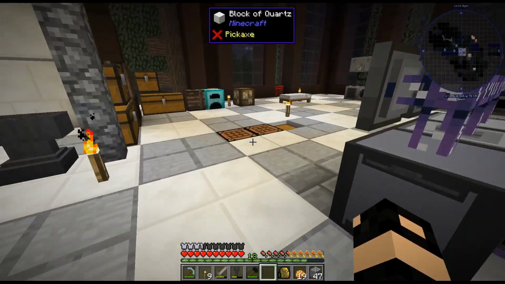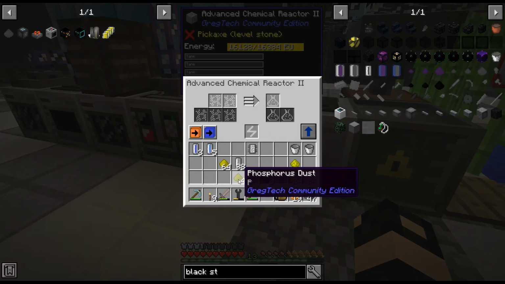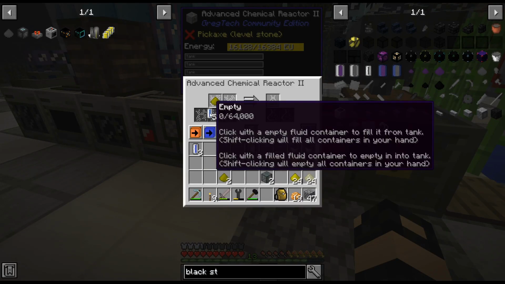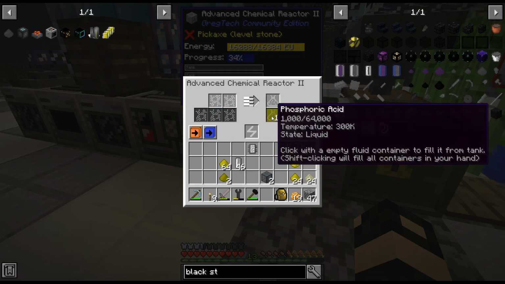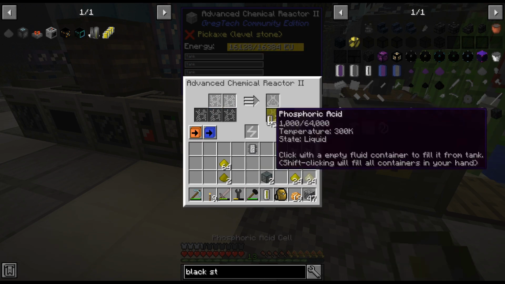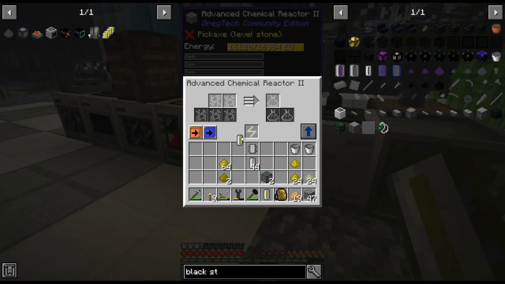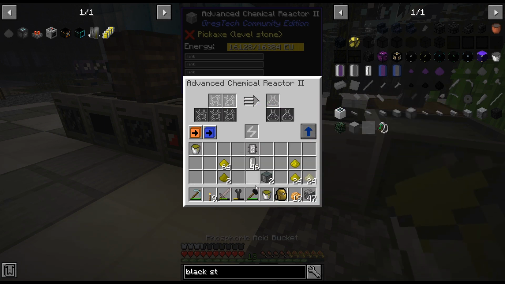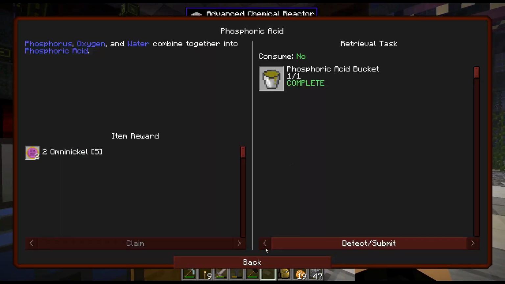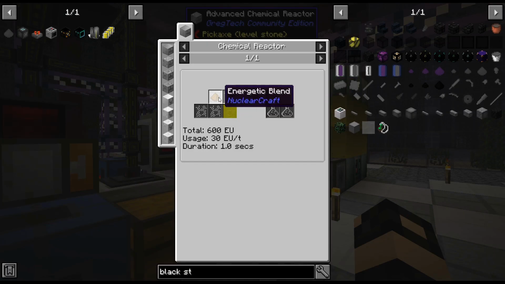I'll have to look that up, but right. So 2 phosphor. There we go. That'll get us the phosphoric acid. Oh, it wants it in a bucket. Can we put this back in? Actually, I probably didn't need to, that second bucket. And that'll open up luminescence, which is in a chemical reactor,